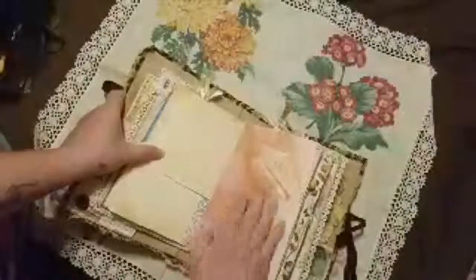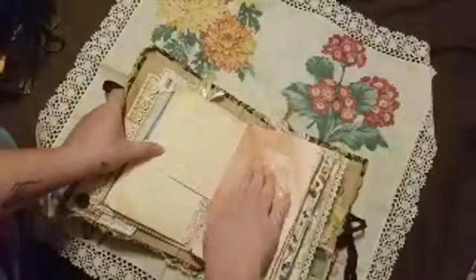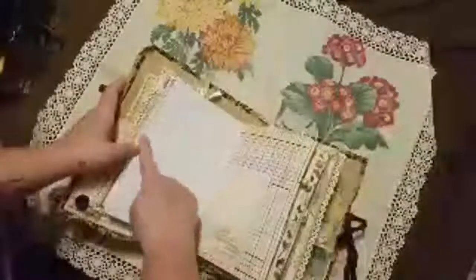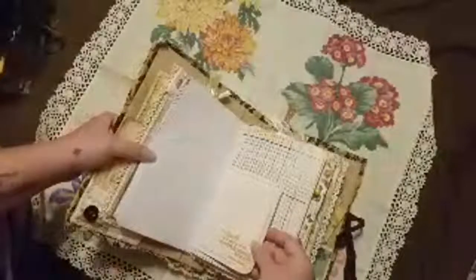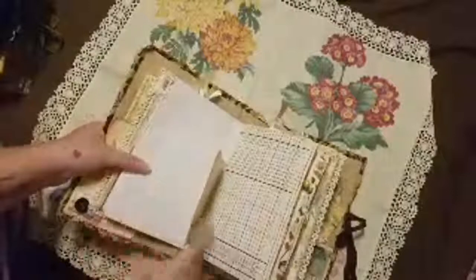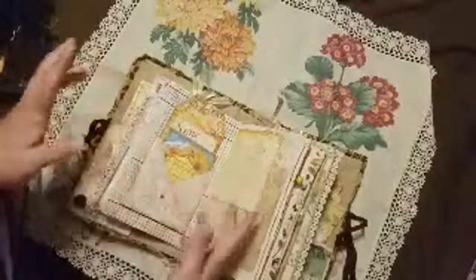And here is some leaf printing. I don't think it's eco dyeing. I think it's more sprayed, but I'm not 100% sure on that. But you can feel the skeleton leaf, like part of it. And she left the back plain too, so you can feel it. Some lined paper that's been stamped. I don't know how she gets her stamps to come out so perfect. They look so nice. Here's some ledger paper, and here's one of those pages that flips all the way